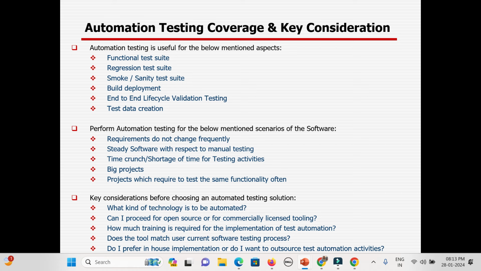Okay, so you can automate them, and you can definitely create the test data through automation code. When you start the automation, you cannot start from day one. You can do the planning and other stuff, but in real time you should start the automation once your requirement gets frozen.